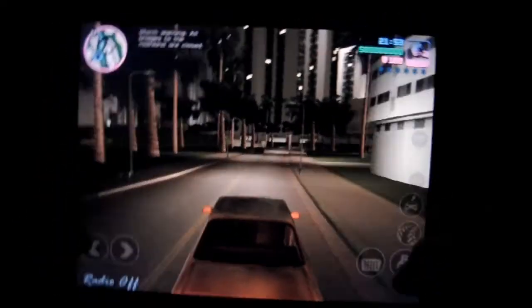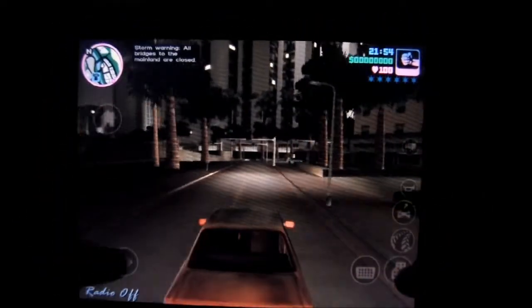We interrupt your programming with a message from the State Department. All bridges and some roads in the Vice City metropolitan area have been closed because of a severe weather warning. Meteorologists are tracking